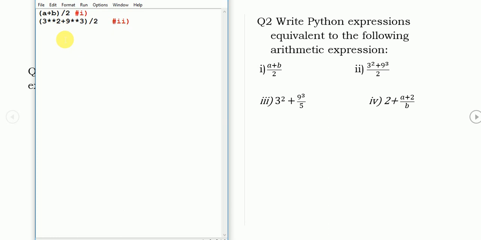So we have to write it like this: 3 ** 2 + 9 ** 3 / 5. Since 9 cube by 5 is one expression, we will put it in the parenthesis like this. I hope it is clear.